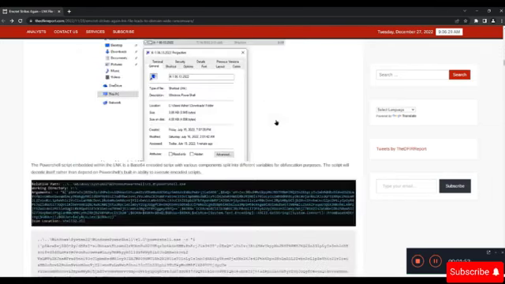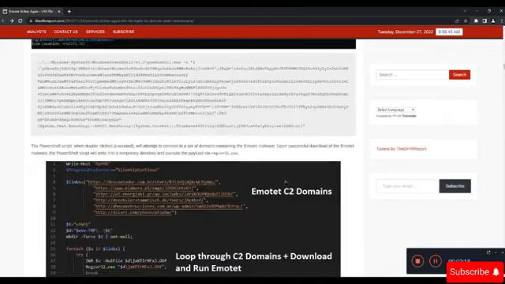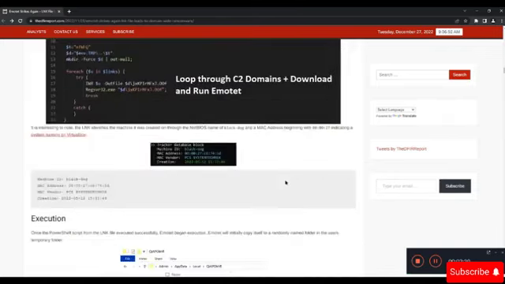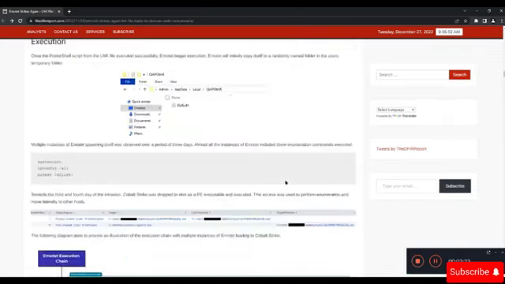So the point which I'm trying to make here is that this link file is pretty common and used by different APT groups, and as you can see, you can place your payload under the arguments. You can see that the working directory is C and the relevant path is also PowerShell. So I'm excited that you have learned this information and you can use it in order to combat